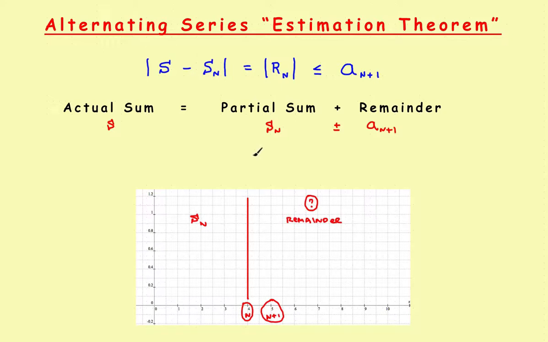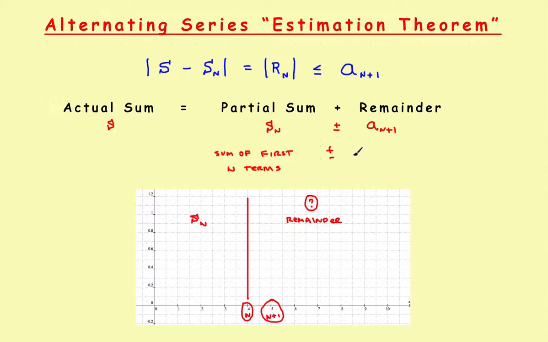So this is what it looks like. Now, if you write it in words, to me this makes a little more sense. This is going to be the sum of the first n terms. So you get to pick n, S sub n, you sum them up. Then you're going to add to that, plus or minus